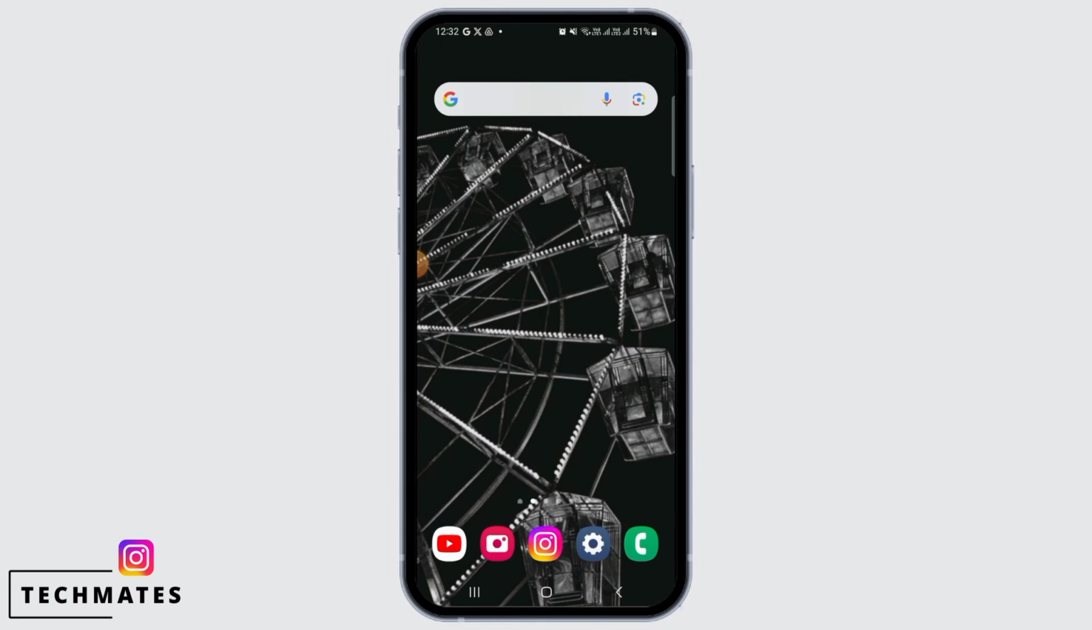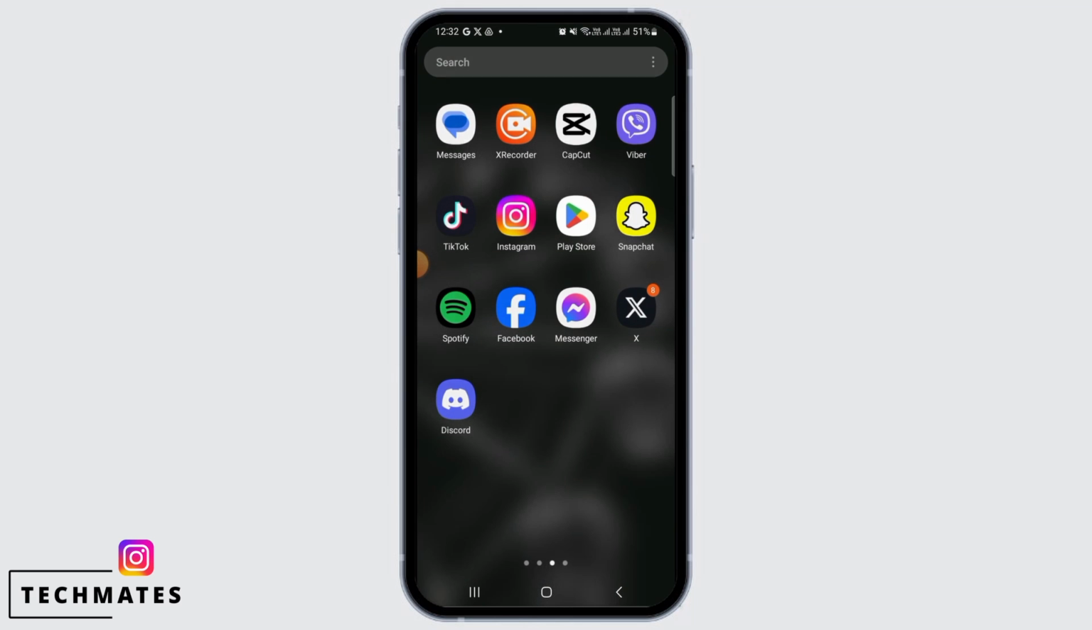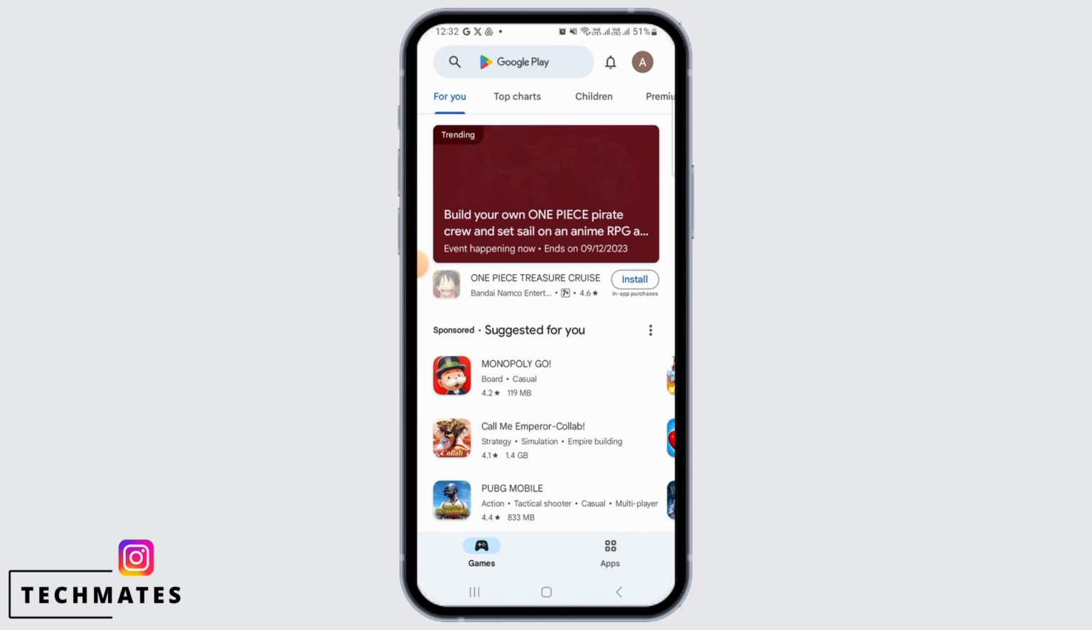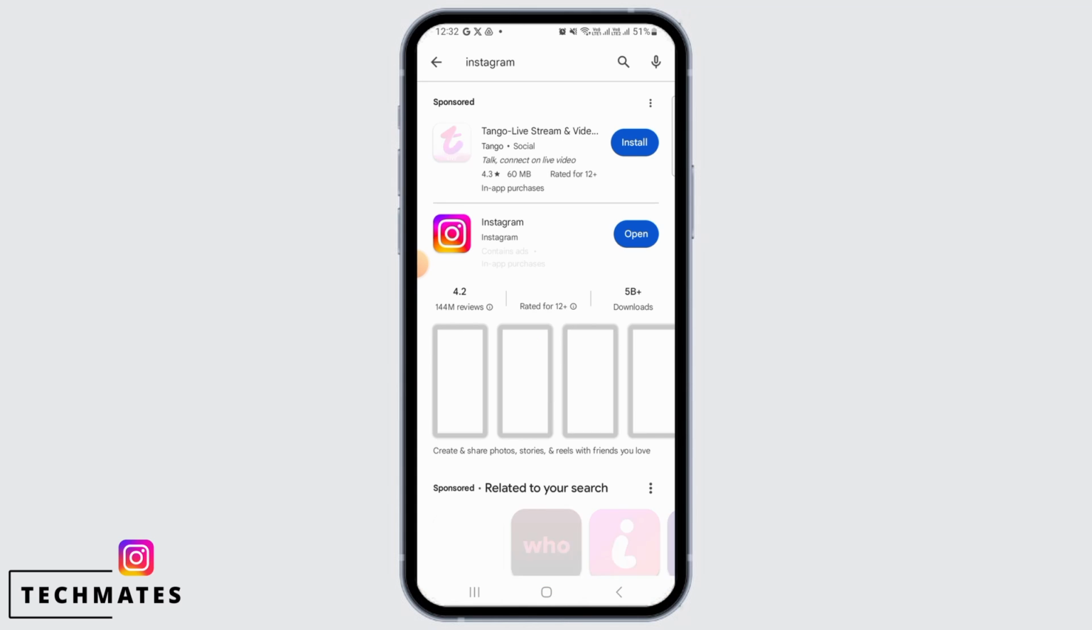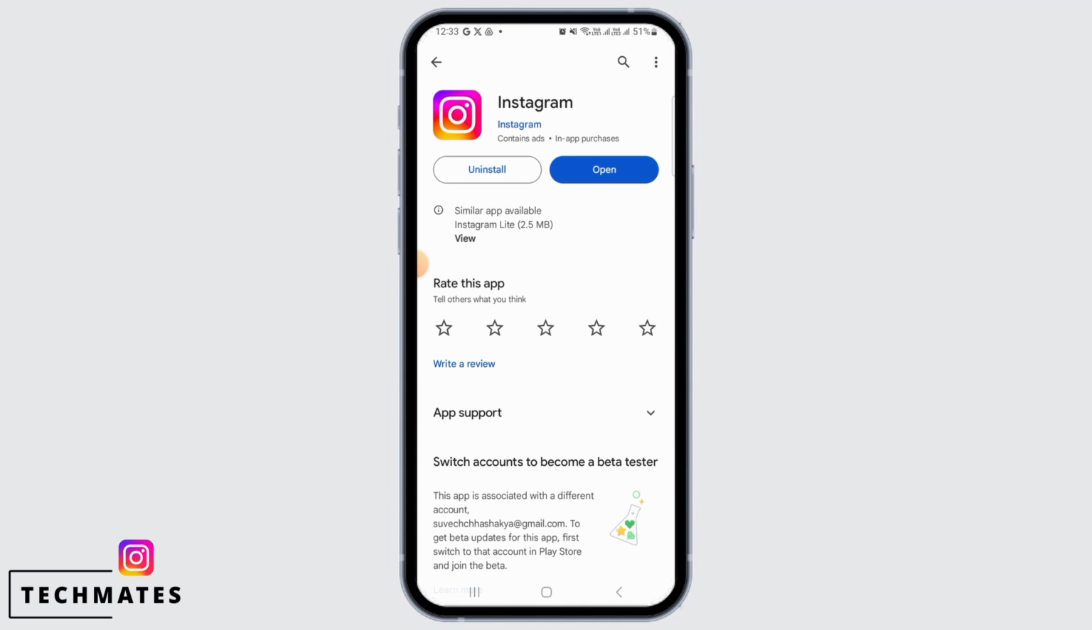Let's begin. If you're facing the issue of DM glitch, then simply follow these steps to solve your problem. The first step is to open the Play Store app and search for Instagram. Then if you find the update button, you simply want to tap on that option. Updating your application will help to fix any bugs that are on your app, and then your DM glitch will